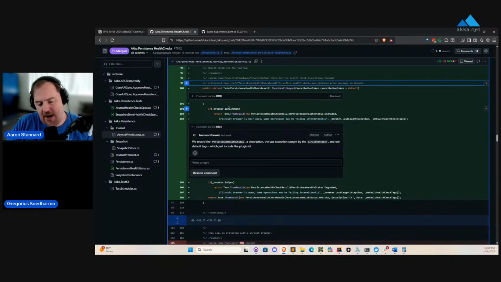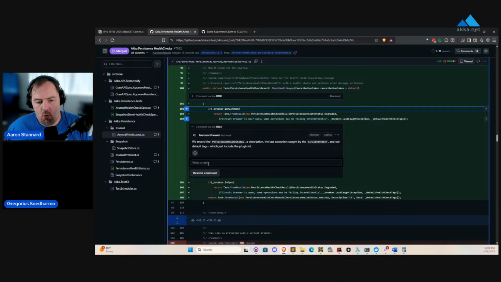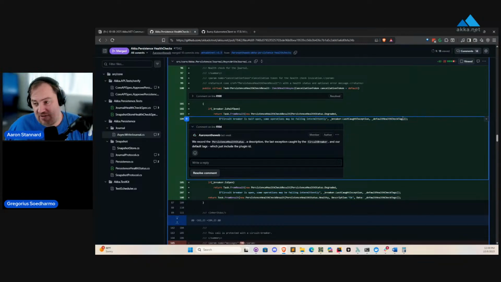The default health check implementation we have in the base class here is actually pretty solid. All Akka.Persistence implementations rely on a circuit breaker for being able to manage periods of persistent failure stemming from things like the database getting too busy or the database connectivity being somewhat spotty, that sort of thing. The circuit breaker will detect that and will change its state to half open potentially, or all the way open, which is pretty catastrophic. We decided to be conservative on how we tailored the persistence health status here,